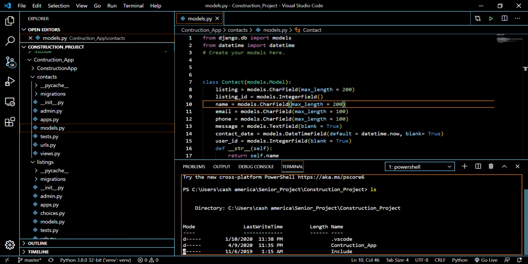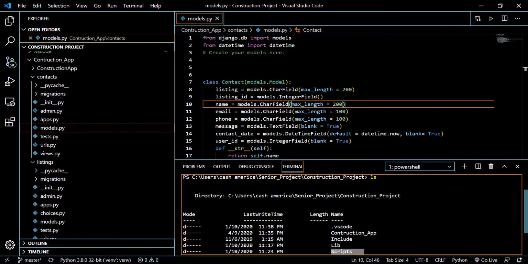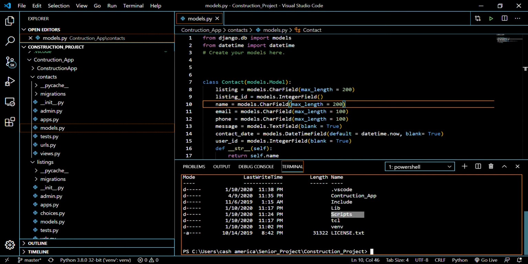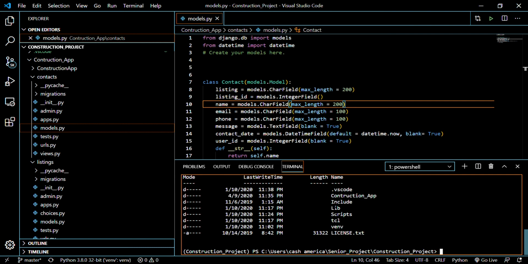So now, once you see scripts when you run the ls command, this is how you're able to activate the virtual environment. So you would then run this command, and it'll run correctly when you see this on the left side of the PS. So now that you're there, you can ls again, and you'll see this